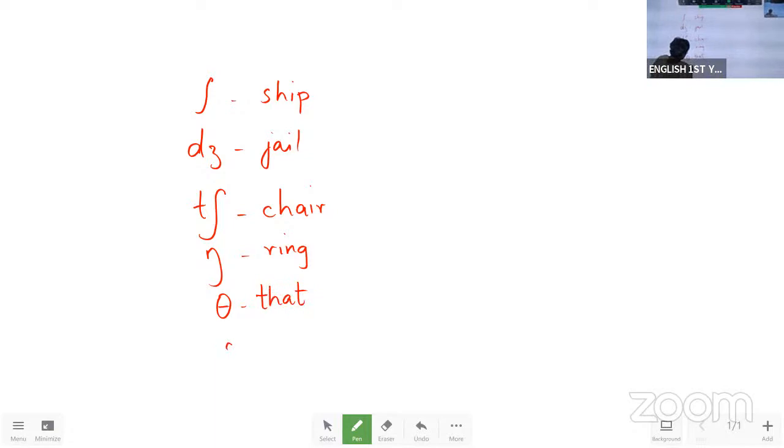The, as in this. Then you have pleasure. One, two, three, four, five, six, seven. These are different. The other consonants, like